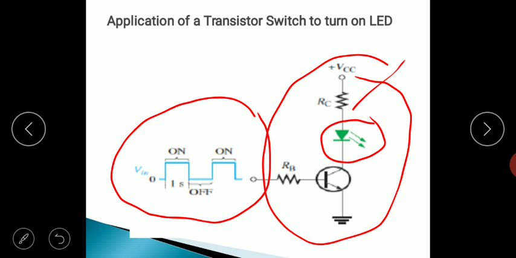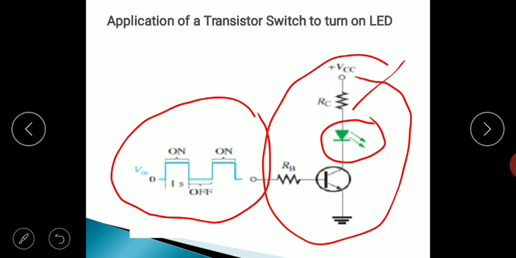Now if you see this particular base voltage, which is a square wave of a certain time period, the on time and off time constitute one cycle or the time period. So in one cycle, for half the time period the square wave is high, and for half the time period the square wave is low or 0 volt, and high maybe you can consider 5 volt or VCC. So such a square wave is applied.